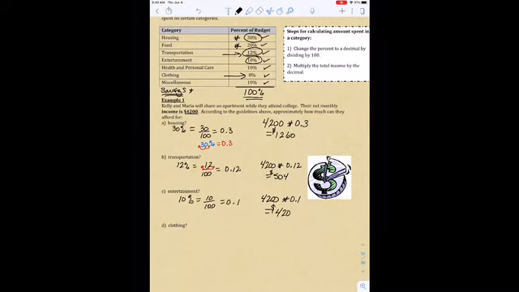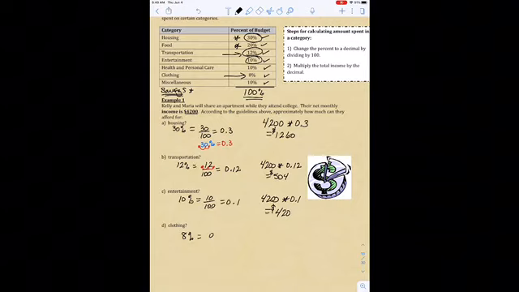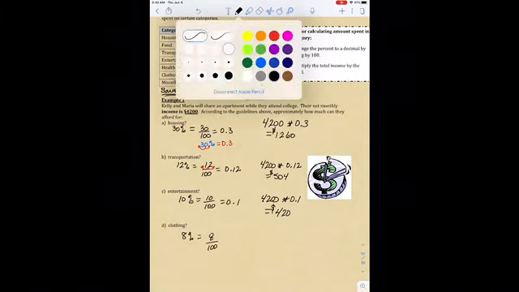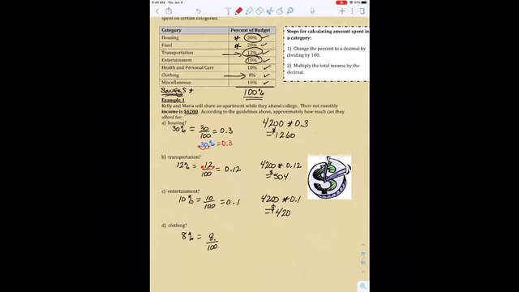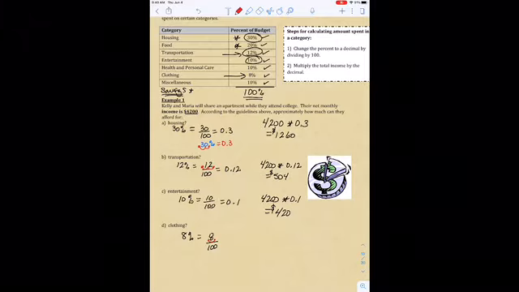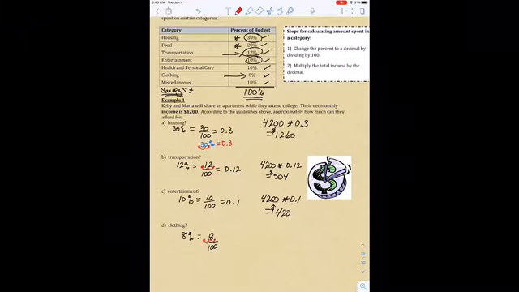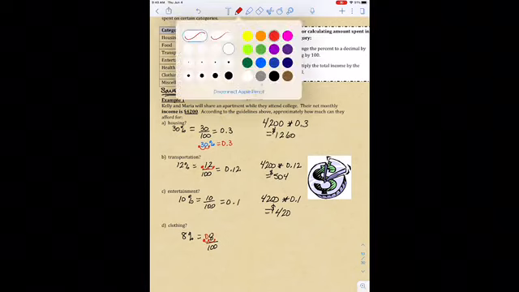Okay, and then clothing's 8%, which is 8 divided by 100. And again, we can put that in our calculator, or if we move that decimal back, well, there's only one digit, that's divided by 10. Dividing by 100 means we have to insert a 0 in front of the 8. So we would get here as a decimal